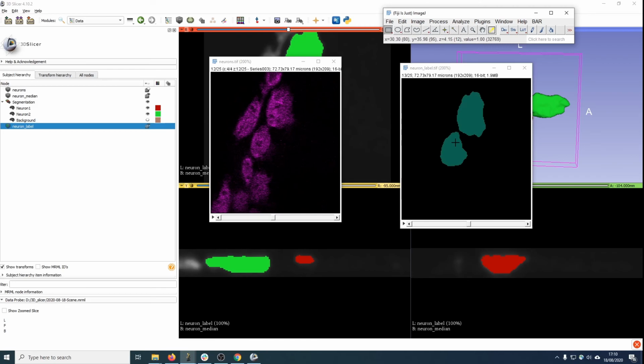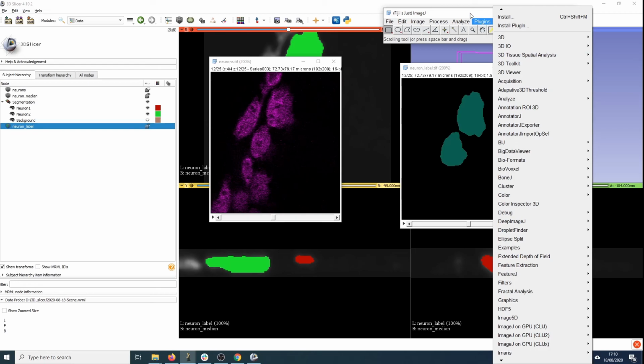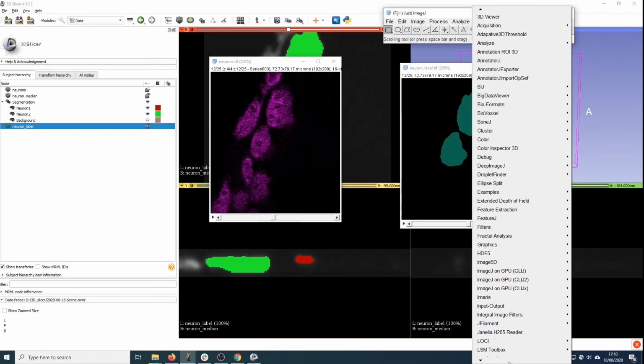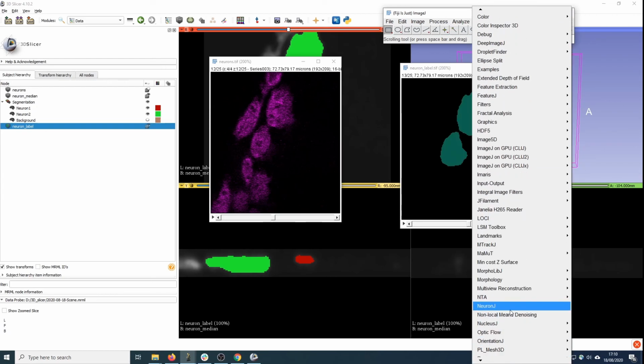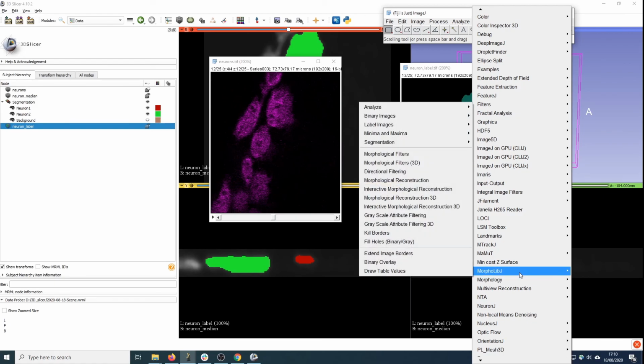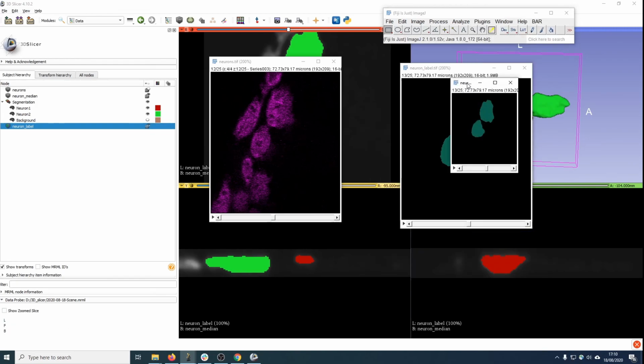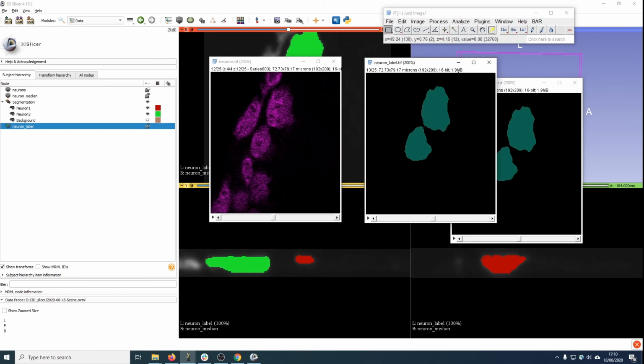Now if you hover your mouse on here, you can see that this has a value of 1, the value of 2. So these are two different labels, and the background is also a label. So even though we didn't export the background label, you still get a value for the background. So what you can do is remove that. What I do is I go to ImageJ and then MorphoLibJ, and there's an option where you can remove the largest label. Just do that, and then I get one where the background